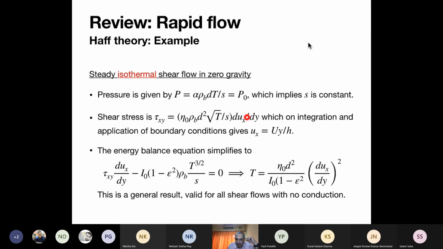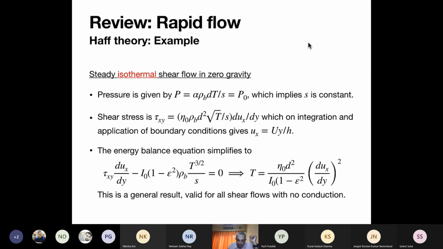We found the pressure, shear stress is given by this. Here both temperature and the spacing are constant, so you get this proportional to this. And we can easily integrate this equation to give us the velocity profile, which just turns out to be linear. So this is what you will get for a Newtonian fluid also, a linear velocity profile when you shear it